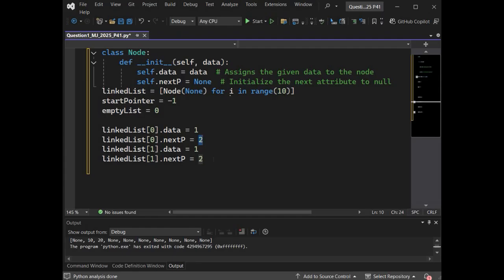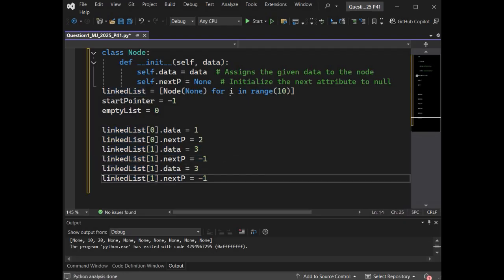This means whatever is stored at the second index in the array, that will be the second value in the list. So let's say the value is 3 and the next pointer is -1. -1 is like a null pointer, that okay, there are no further values beyond this point.